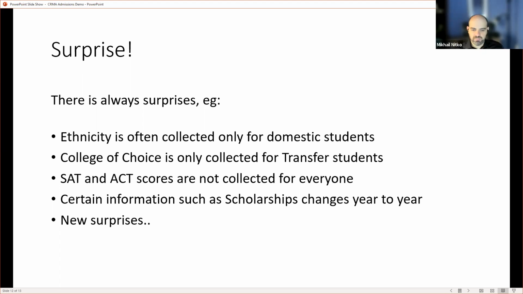If you're doing predictive modeling on those, be sure to explain that the historical data you've collected in this model will not all have the scholarship information, and you should not measure the scholarship against others because it was simply not even selectable in the previous years. And you will always have new surprises. This is a short list.